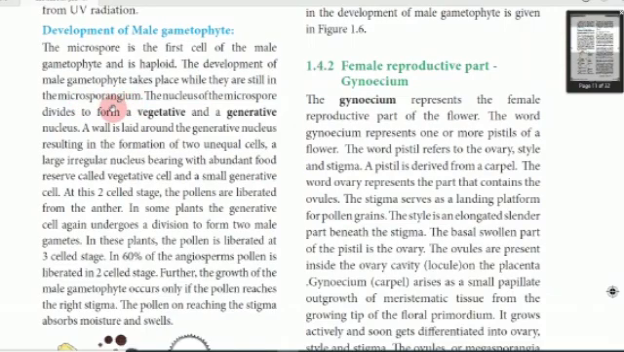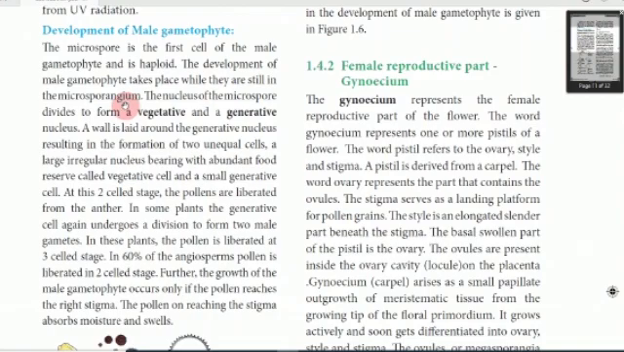Then the microspore is dispersed by wind action or other agents, and pollination happens. Whenever the microspore or pollen falls on the female reproductive part, called the gynoecium, the gynoecium consists of stigma, style and ovary. The stigma acts as a platform-like structure. It's a landing